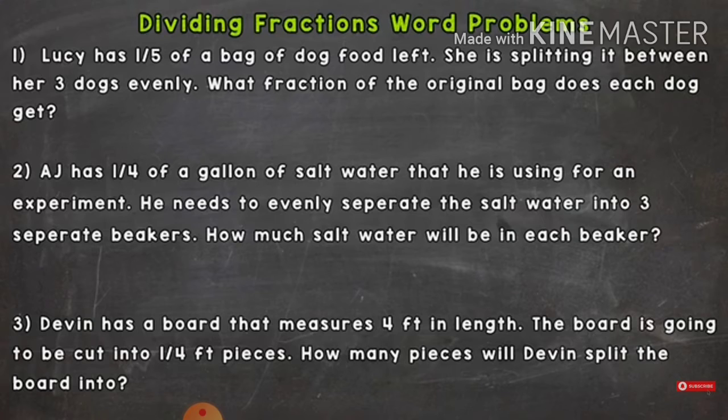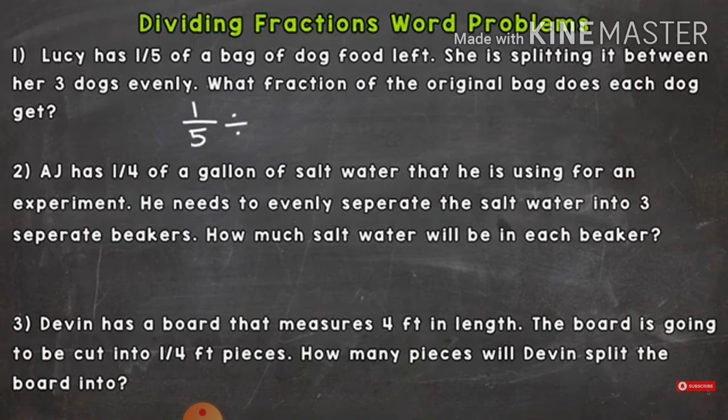Whatever you're splitting up, whatever object's being split up, needs to come first in your problem. So let's think here. We have 1/5 of a bag of dog food, and we have three dogs. Which object, thing, person, animal, whatever the case may be, is being split up in this problem? Well, the dog food's being split up, so that needs to come first. So we need to do 1/5